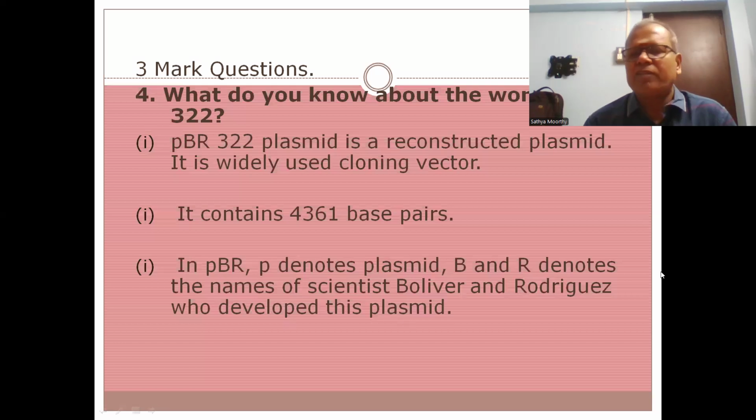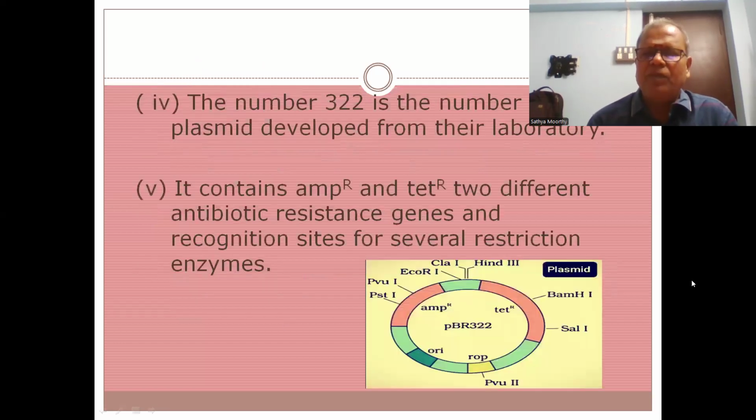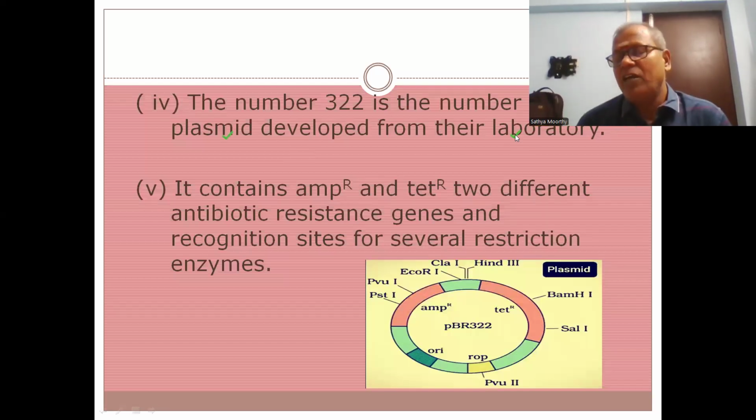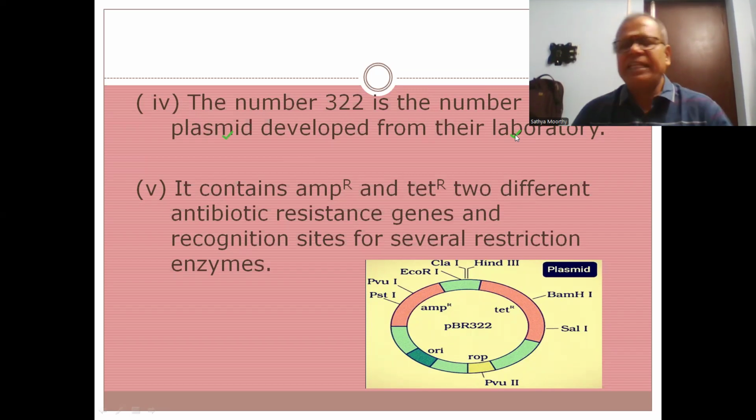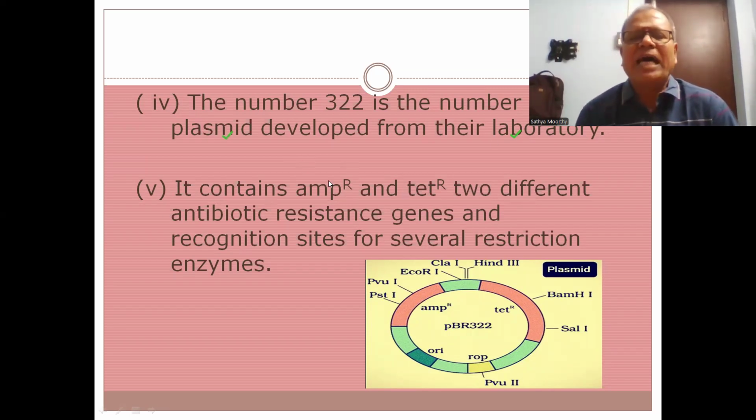And I will show the structure of this pBR plasmid also. The number 322 represents the number of plasmids developed from their laboratory. So they gave numbers 1, 2 like that. This is the 22nd plasmid developed in the lab. And this plasmid possesses